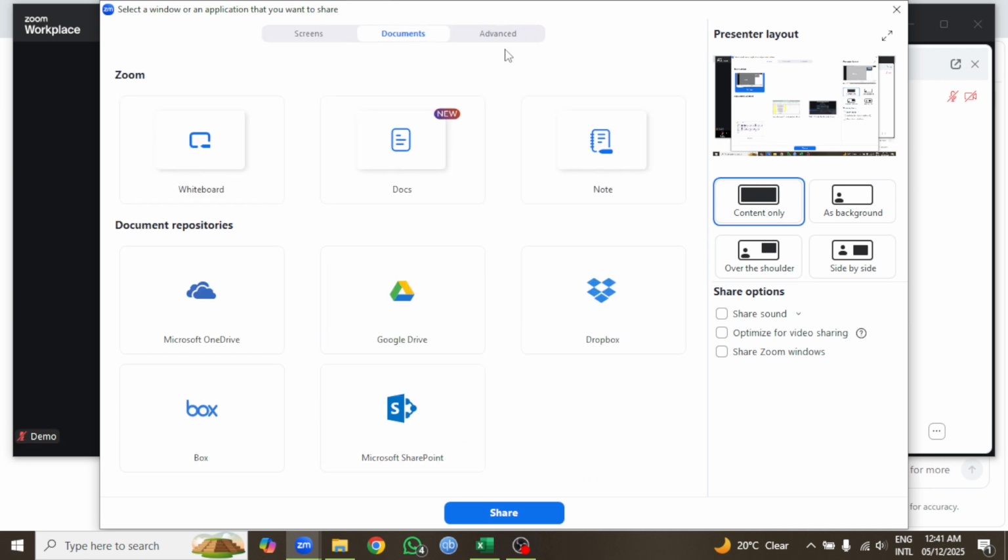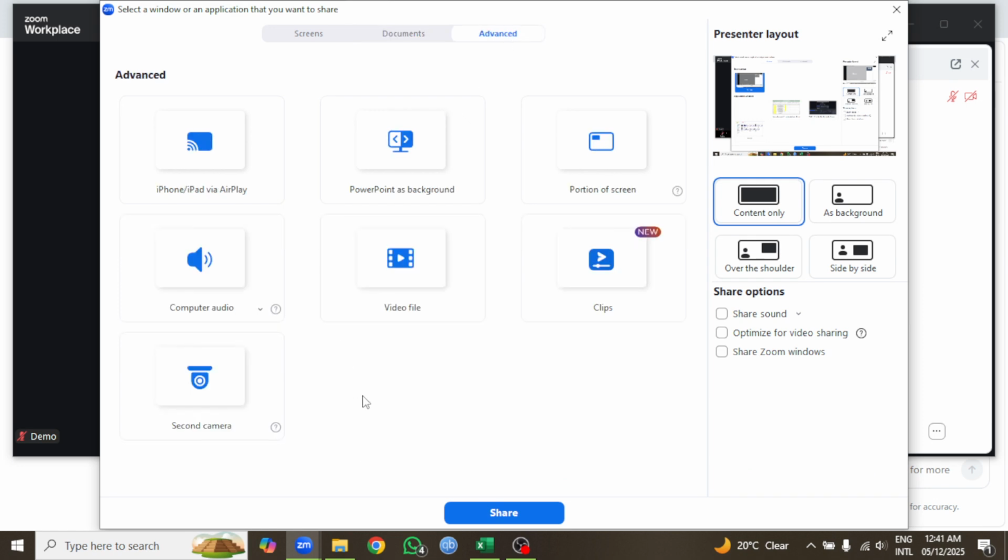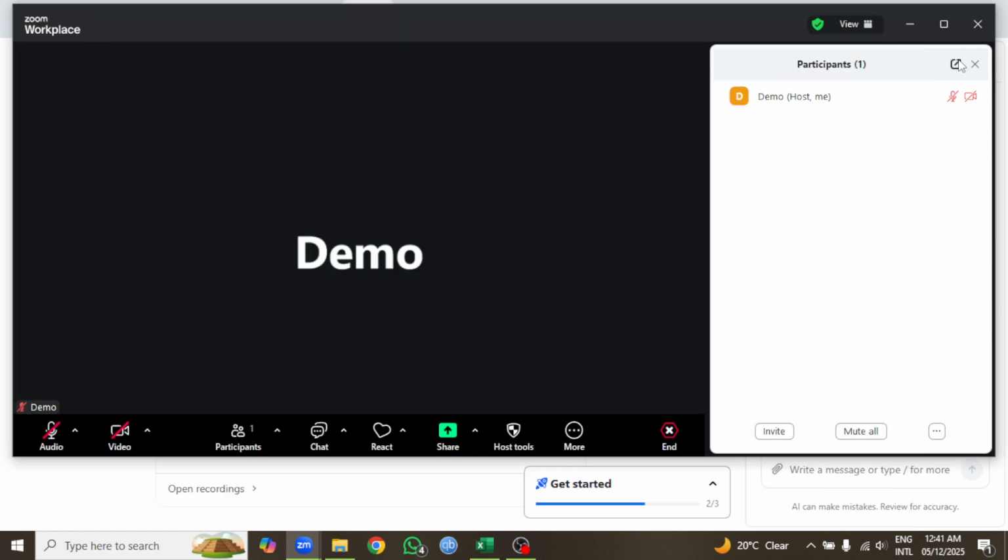You can also switch your layout between speaker view and gallery view to focus on one person or see everyone at once. Before you start hosting real meetings, spend a minute customizing your settings. Click the small gear icon, often found on the home screen or in the upper